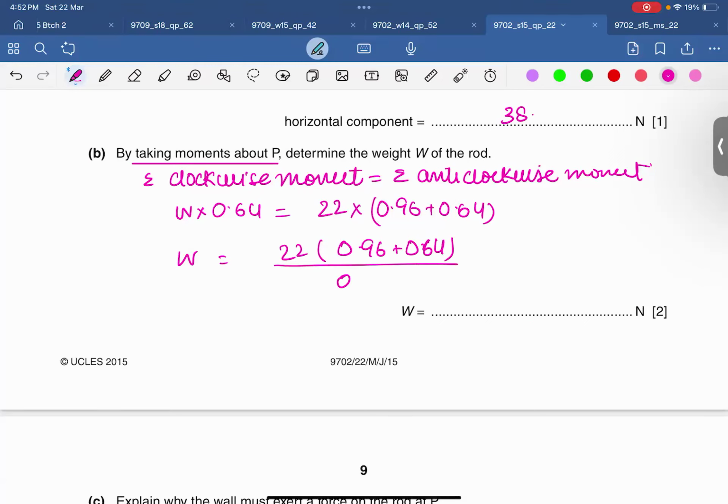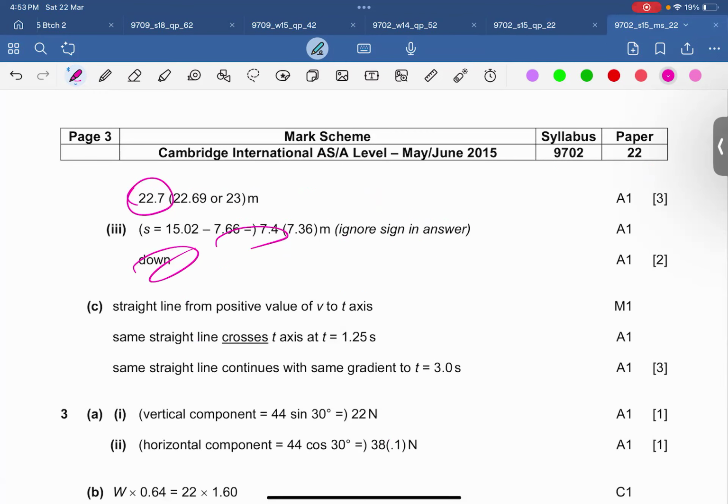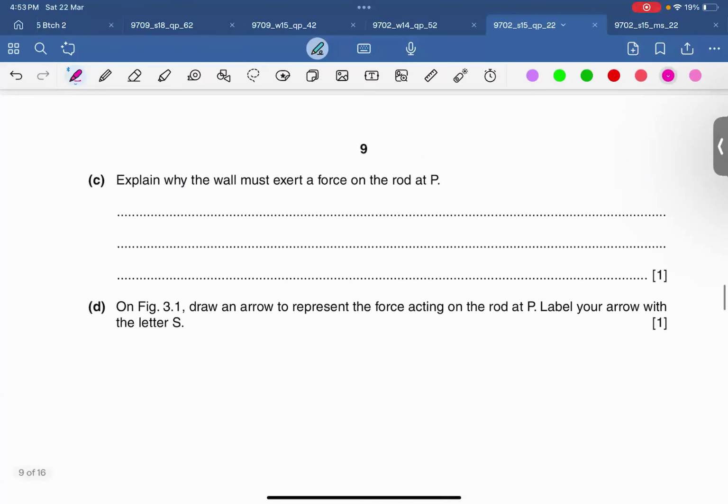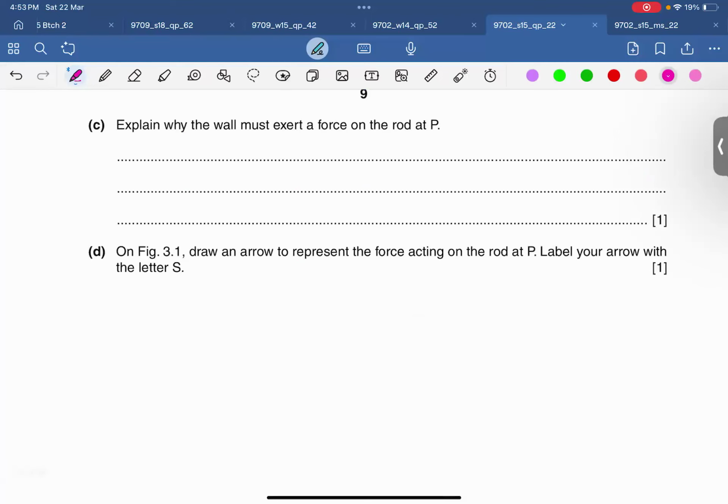Okay, 0.64, फाइन। कितना बनता है भाई? Okay, I am getting 55, straight forward से था। I am getting yes 55. आगे, चलो।